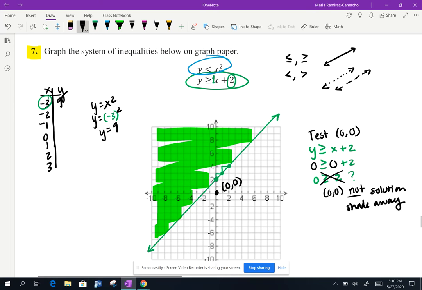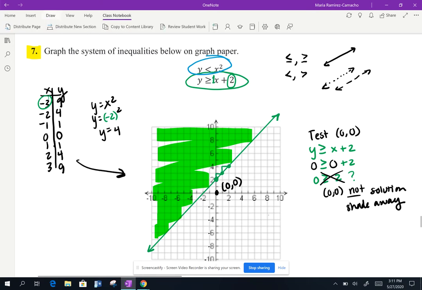Okay. Now let's plug in -2. What's -2 squared? +4. Okay, so you're basically just squaring all of these x values. -1 squared is 1, 0 squared is 0, 1 squared is 1, 2 squared is 4, 3 squared is 9. So plot all of these points on your